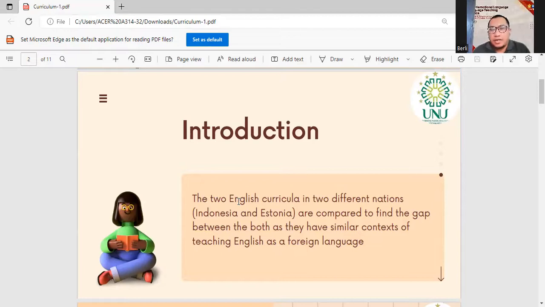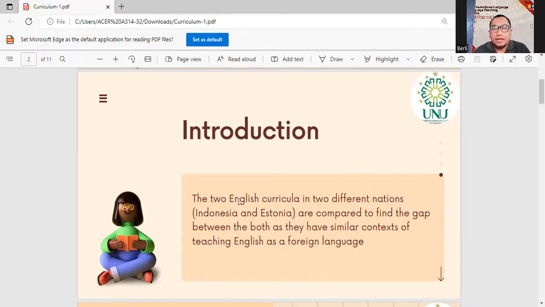In Estonia and Indonesia, English education is considered a foreign language education, not second language education, due to many aspects, especially from the linguistics